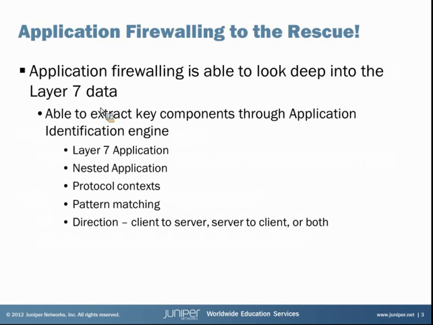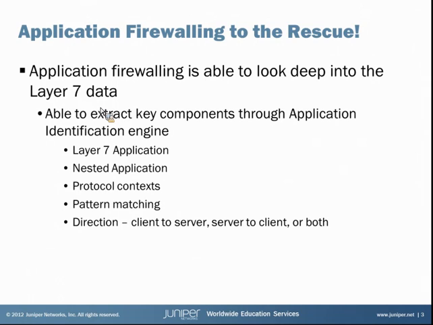So here we have application firewall to bridge that security gap, to close that off. We're able to use application firewalling to look deep into the application layer. And this is done through the use of the application identification engine. We're able to look at the layer 7 application, whether it be HTTP, SSL, or anything else. We're able to look deep into that layer 7 application, at the nested application, and determine what is in there, such as YouTube,